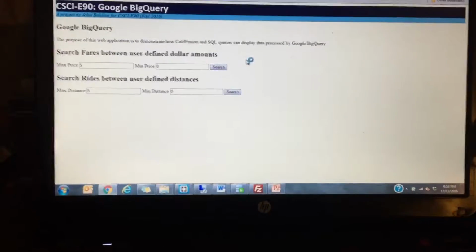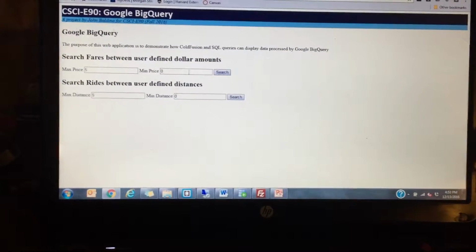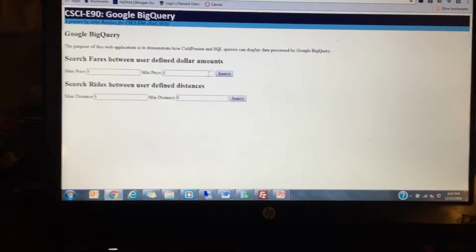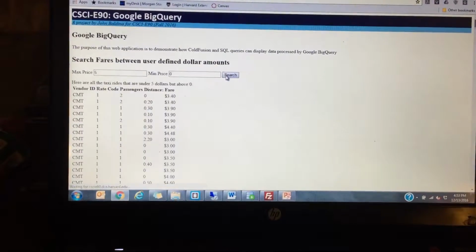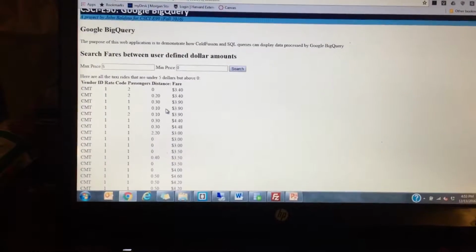I did have to use a bit of a proxy here just to demonstrate for our video. But you could enter any user-defined fields here, click search, and then it will return all the values of what you're looking for. Now, in order to get to this point, what I had to do was actually go in